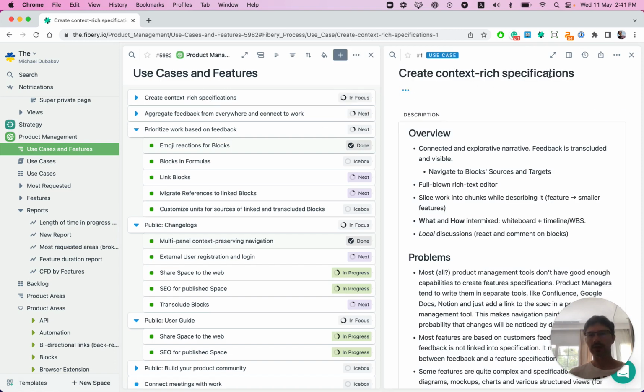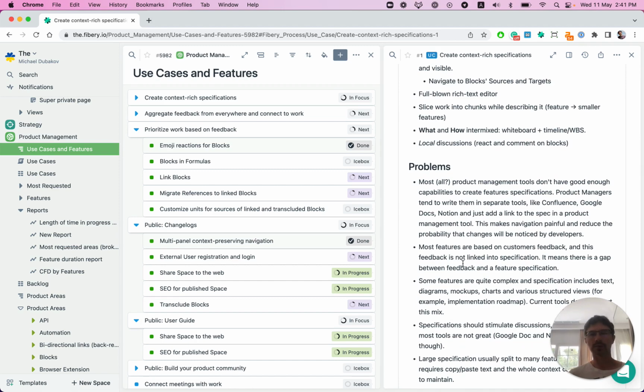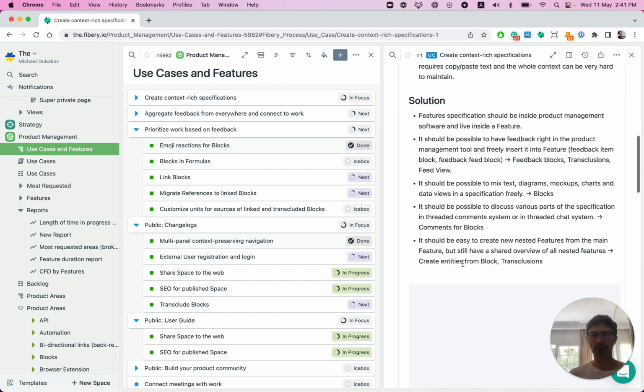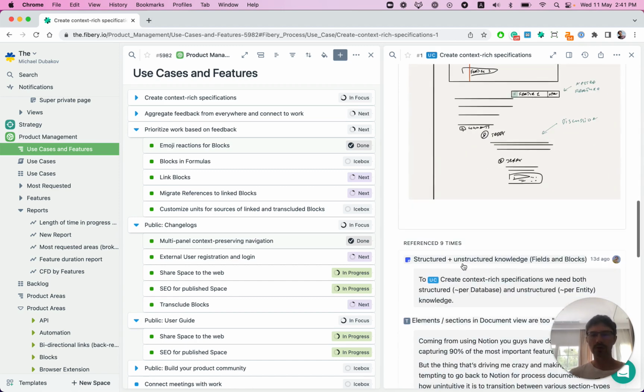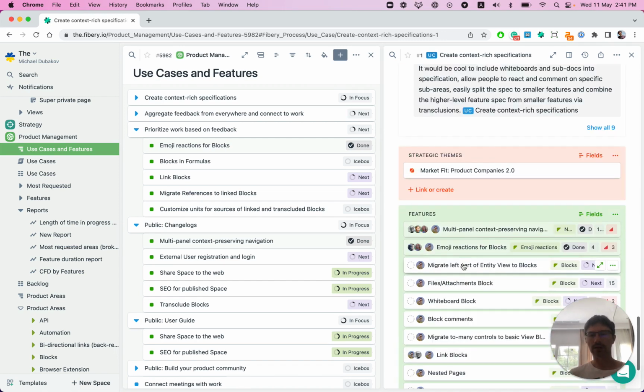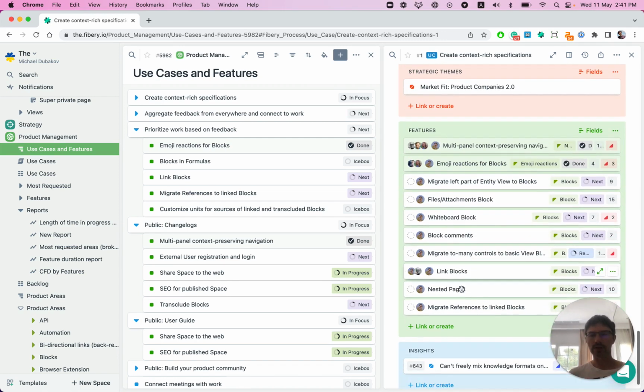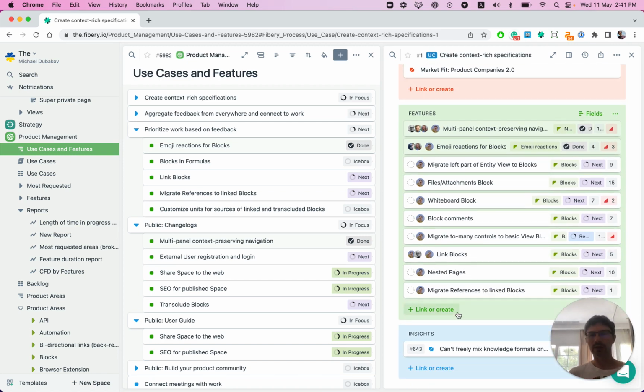Let's say create context-aware specifications, some problems that we define, how to improve feature specification creation. So we describe the problem, describe solution, and we link all relevant features here. So we can easily understand what we should implement to close this use case. And again, then we can create a landing page for this use case, explain it better in videos, in user guides, and so on. So everything can be